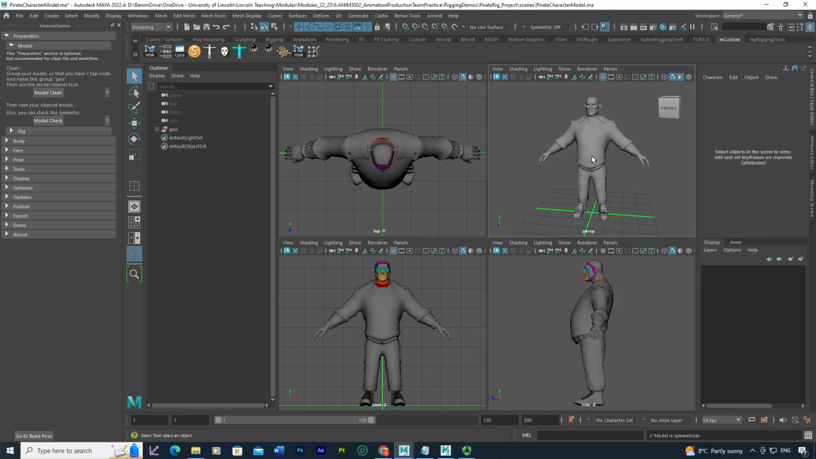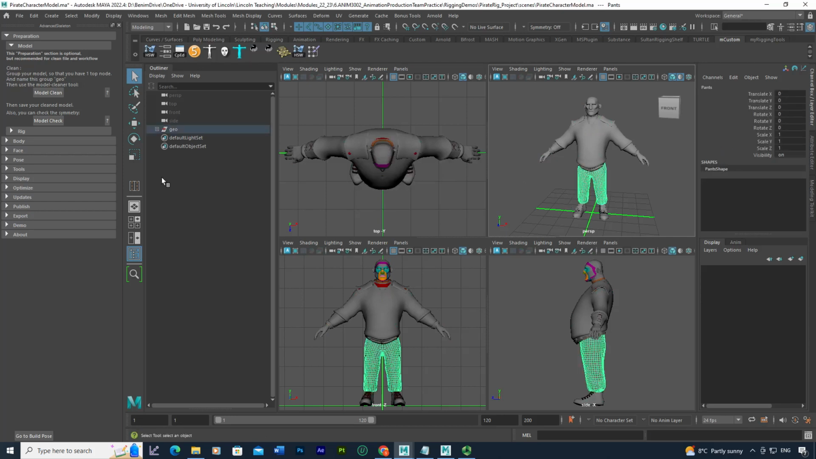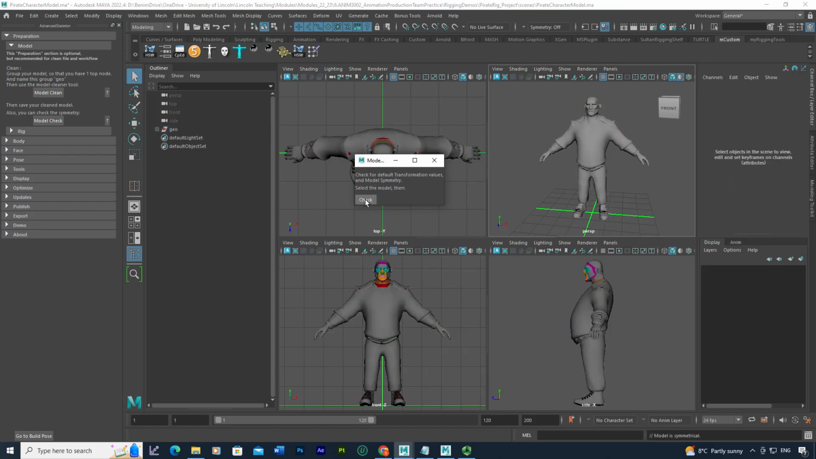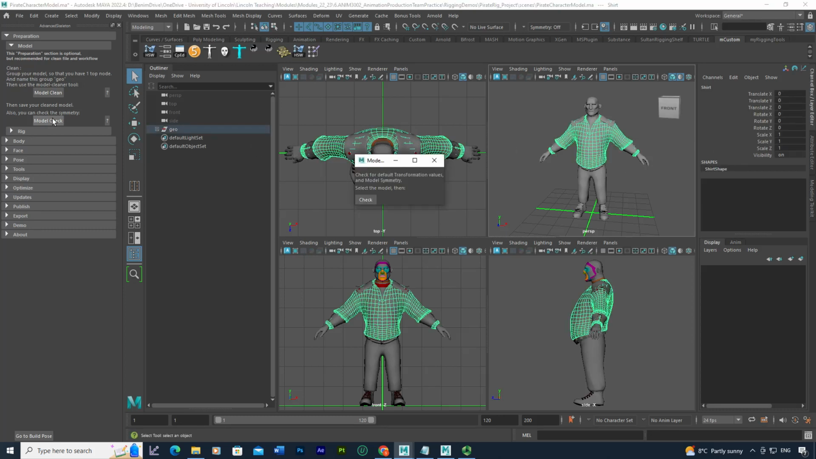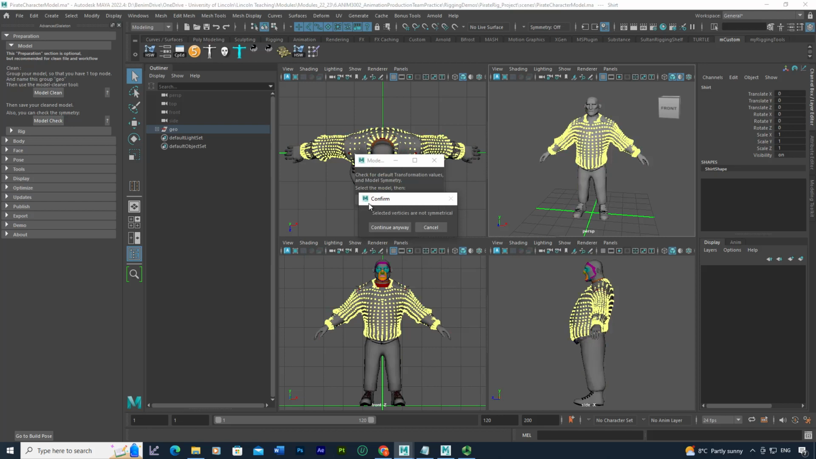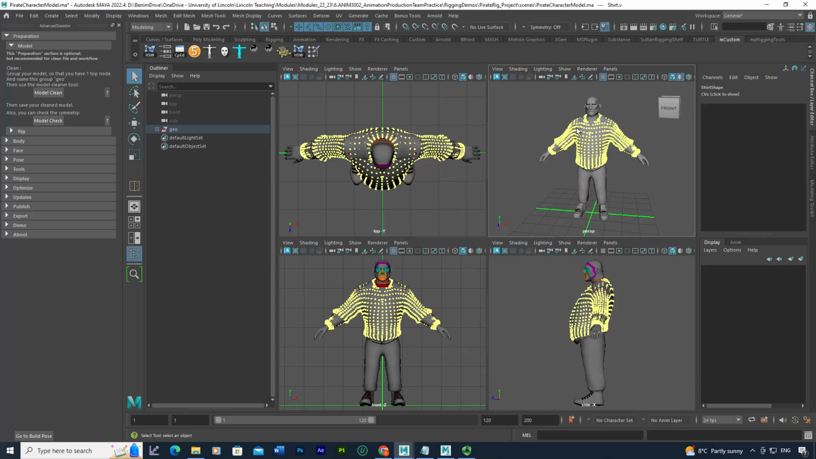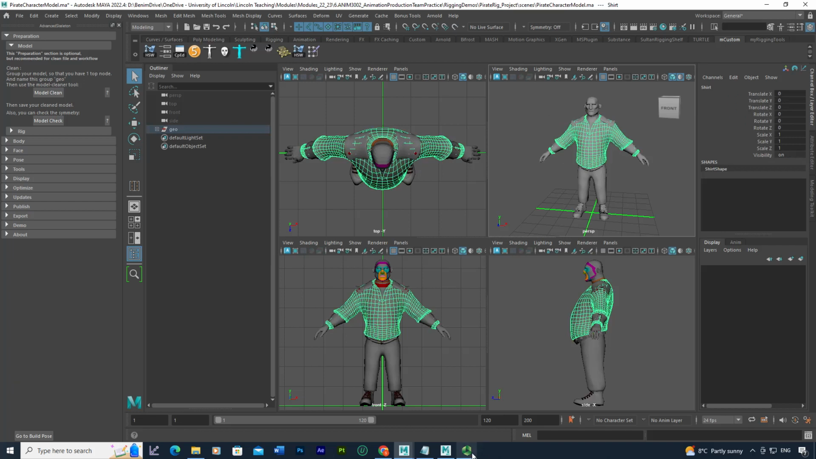So I don't have any problem there, but if I was to check one of the costumes, for example, it doesn't have any issue, and this one, okay, it says selected vertices are not symmetrical. I'm just going to say continue anyway. So that means I need to get into this mesh and check to see how I can bring the symmetry back. And the way I do it, provided that I'm aware of the